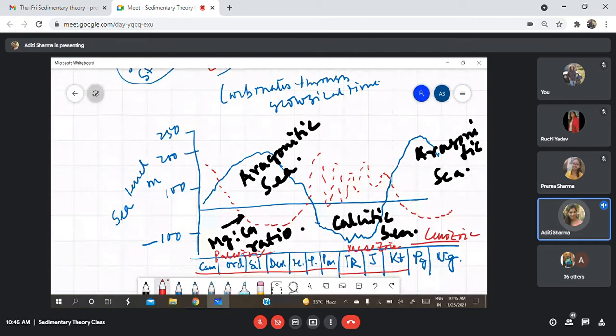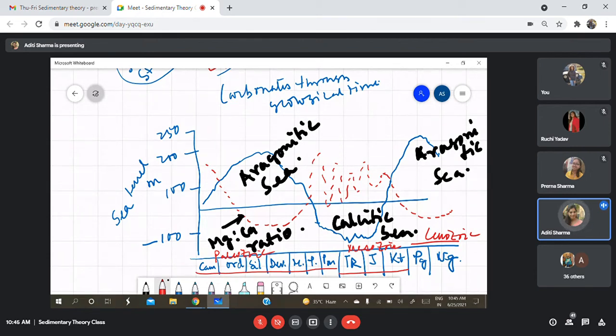Whatever we have discussed here from yesterday, that there are times when the sea is aragonitic, and at times in geological history the sea is calcitic. Now, if I see a Paleozoic limestone or a Mesozoic limestone, everything is now low Mg calcite because diagenesis has changed everything. But it is not the actual story when the limestone was deposited.